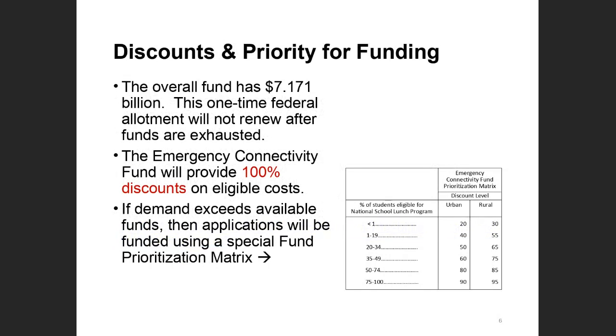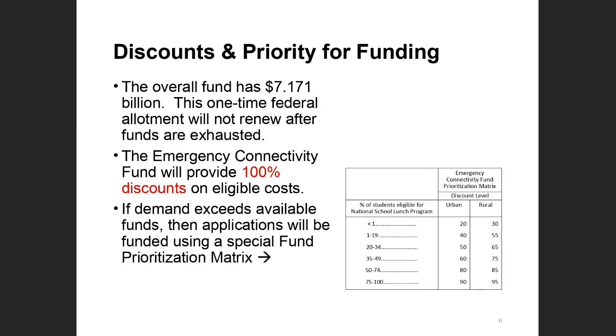This is where the Emergency Connectivity Fund starts to differ from the E-rate program that we're more familiar with. The overall fund has $7.171 billion. This is a one-time federal allotment. This means that once the funding is exhausted or the pandemic emergency ends, that's the end of this funding. It's not going to renew each year the way E-rate does. It also means because it's a federal allotment, the funds have to be handled a little bit differently than the E-rate program.